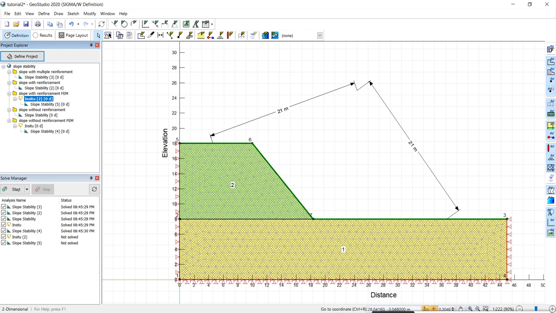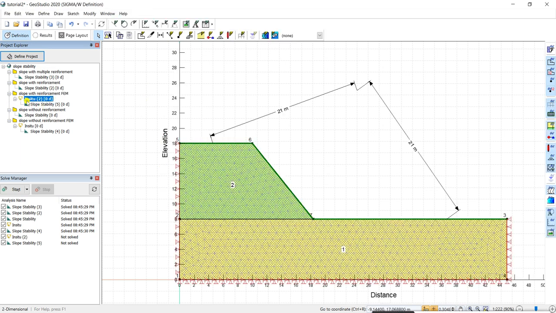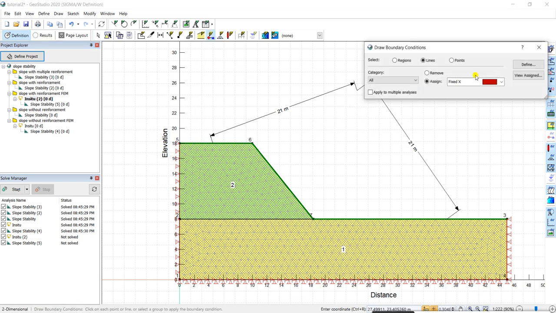In the in situ stress analysis, when you go to in situ analysis, everything will be the same. If you are doing it fresh, then first you have to define the geometry, and then add a slope W analysis, sigma W analysis for in situ stress calculation. Then in that defined geometry you have to assign the material, go to mesh, and redesign the mesh as per your requirement. And then you have to define the boundary condition and apply it.